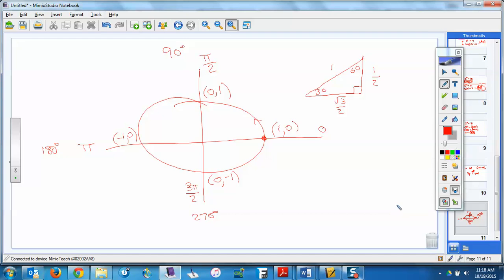3 over 2, right? And then the other triangle you're trying to remember is the 45, or the pi over 4. Root 2 over 2, root 2 over 2, and 1. If you can remember those ratios with triangles, then that's helpful in going through this, okay? Now, I've got a number of these for you to try.